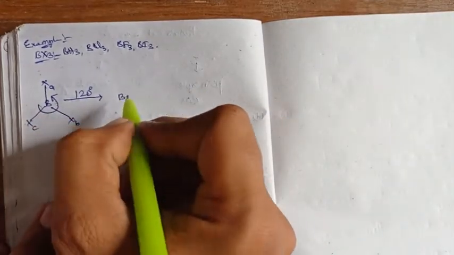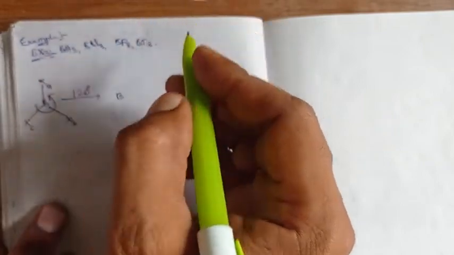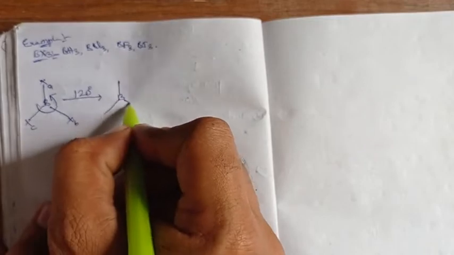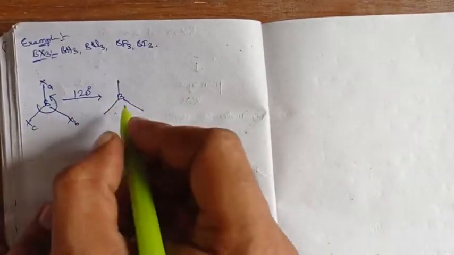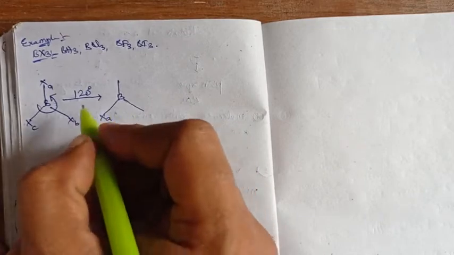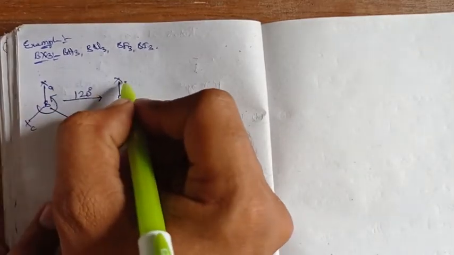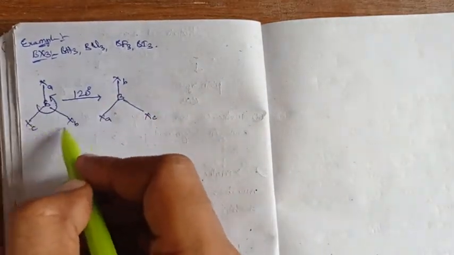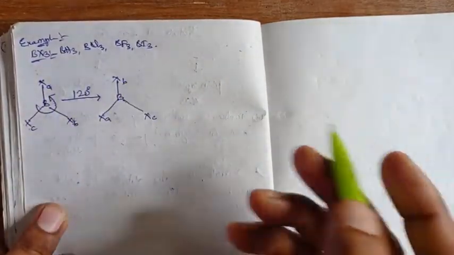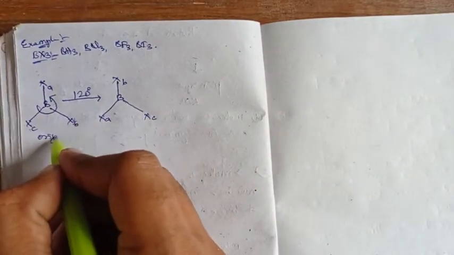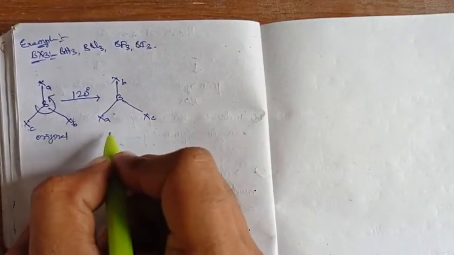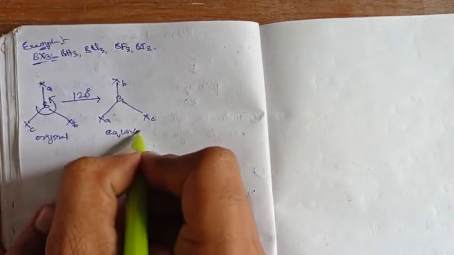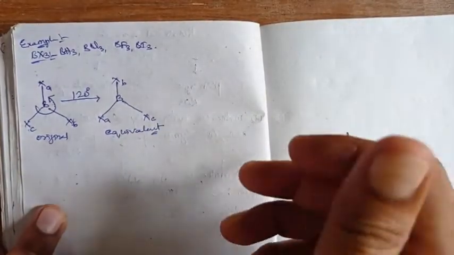What happens? Is the boron position changed in the model? No, the boron position is not changed, whereas the halogen positions are exchanged. XA comes to the XC position, XB comes to the XA position, and XC gets the XB position. So this will come here, this will go here, this will come here, like this. When we compare the original structure with the generated structure, the generated configuration is an equivalent configuration.